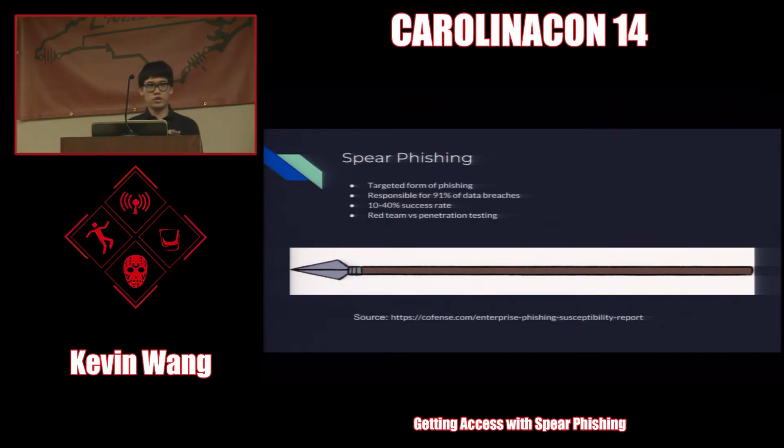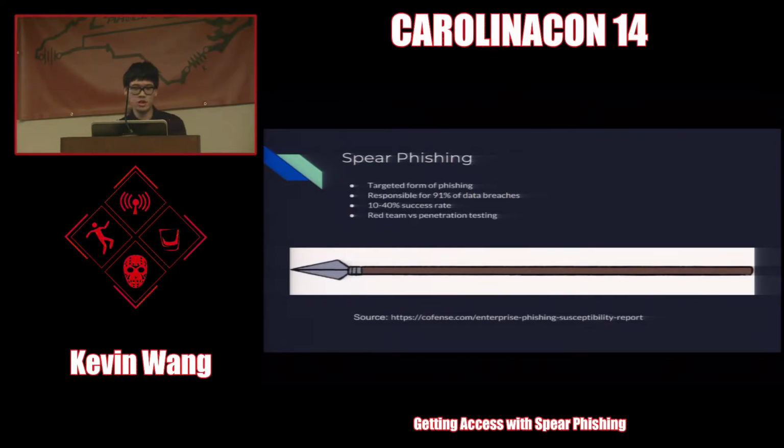There is a difference between red team spear phishing and penetration testing spear phishing. With red team, you emulate the attacker and you use spear phishing as a means to an end, a method to get what you want, which is the data or access or whatever. Whereas with penetration testing, you're testing for a specific thing, such as how susceptible your employees are to spear phishing. So you could have like 100 people being tested, or even everyone in the company, whereas with red team you want a much smaller target set,